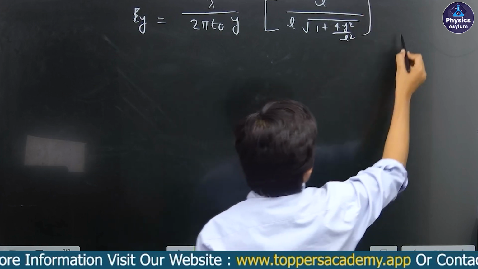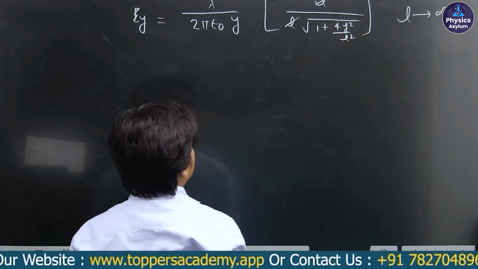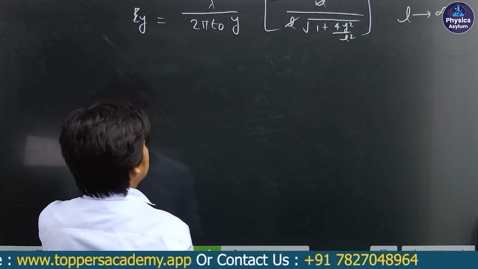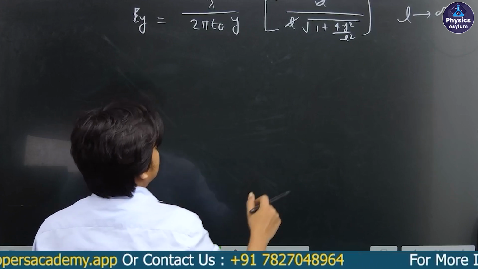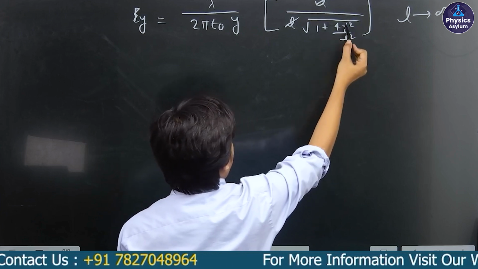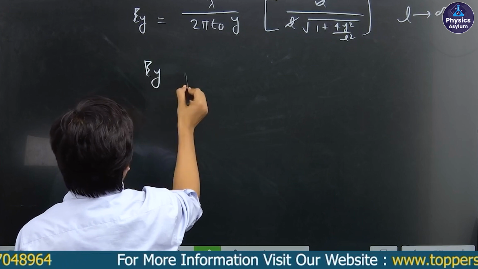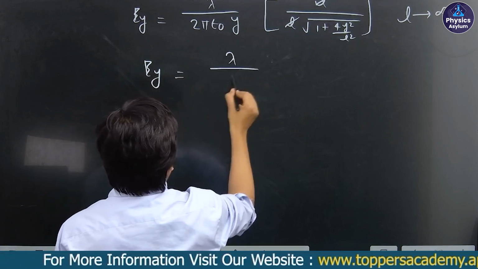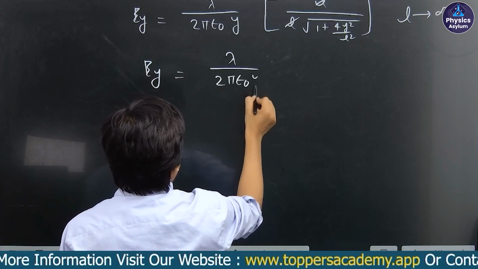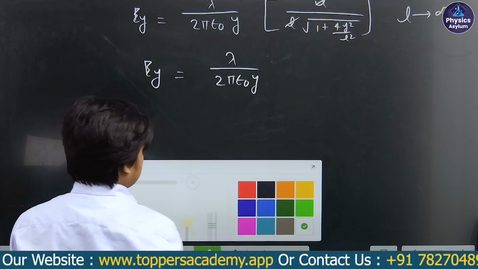Now as L is tending to infinity, this L is cancelled out by this L in the denominator. So when L is tending to infinity, this term will become 0. So I will be left with lambda divided by 2 epsilon naught y into 1, that is 1 now. So this much will be the